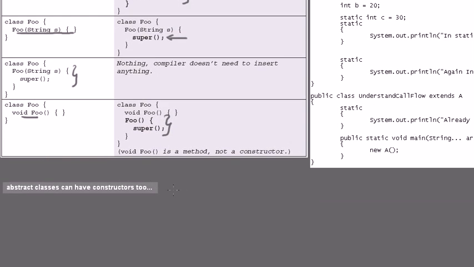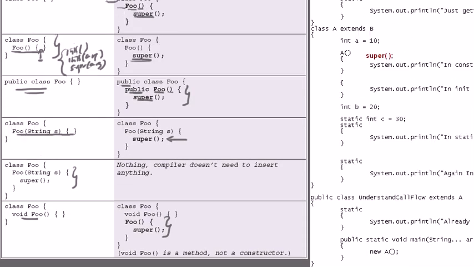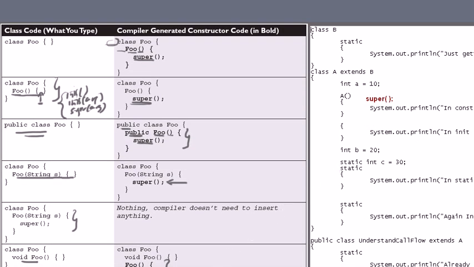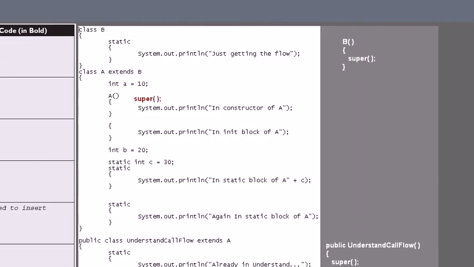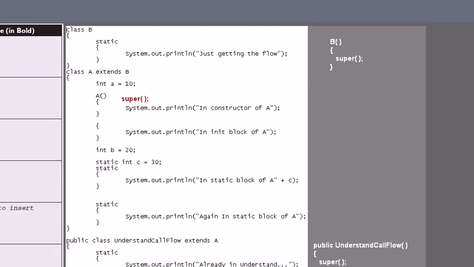Now, what should be noted is that abstract classes can have constructors as well. Okay, consider this example. This was talked about in the first video. Okay, if I have a class,